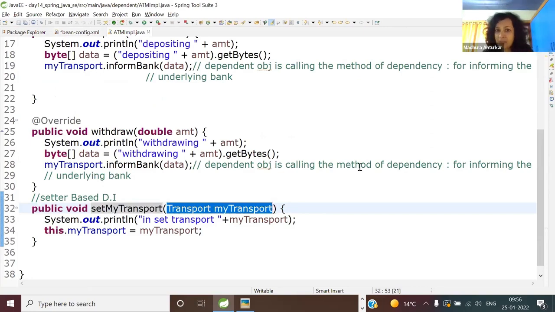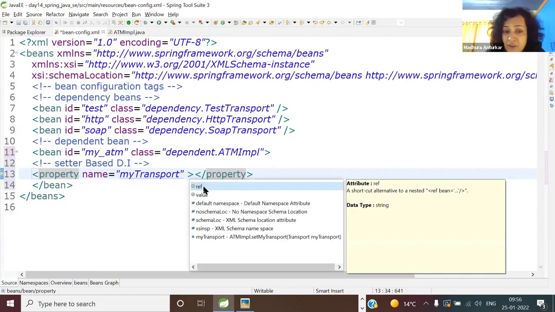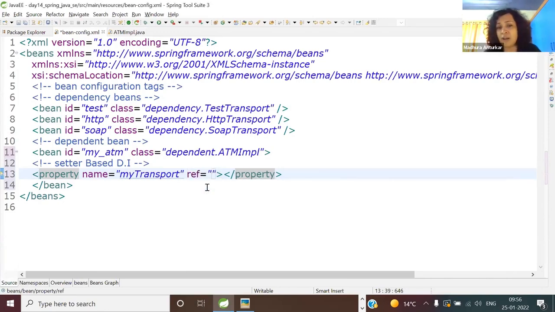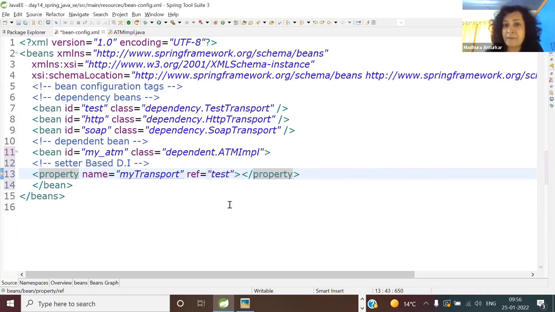Is it a primitive type property such as value, or is it a reference to a dependency bean? It is the reference, right? So here you have another attribute. You can say Ctrl+Space. Here you have a ref or a value. You are not injecting any hard-coded or fixed value, so a ref. And if you press Ctrl+Space again, it shows the objects which are there. Which one do you want to inject? Let's say I want to play with the mock layer, the test layer, and you don't require any nested tags. So you can close here.